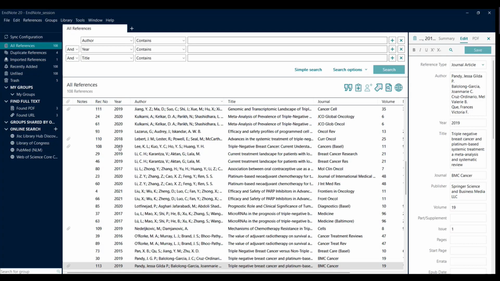Now let's see, we have all these references here, and I see, well, I have a very large reference list here, and I want to organize them. Somehow I would be able to work with this library. Based on your project and what you want to see from your library, you can create groups and put them in different groups, and then review them in a smaller